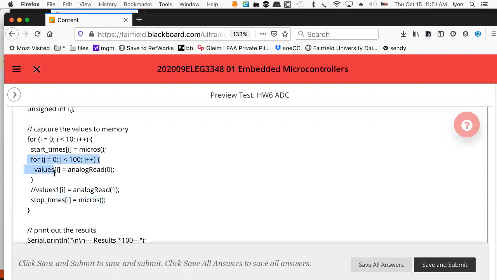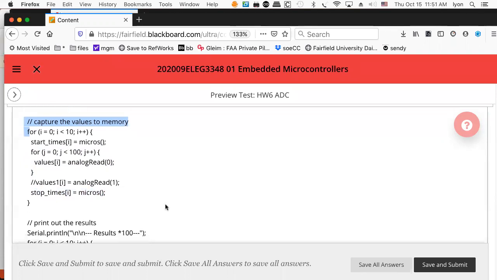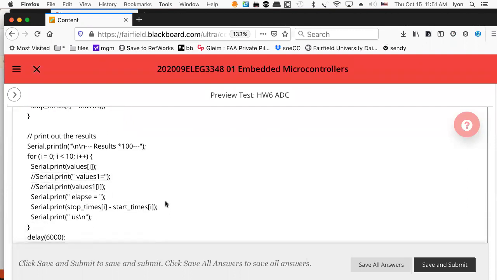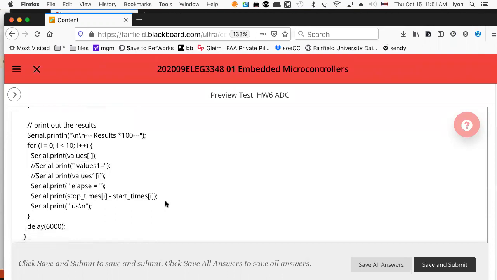Right? Because this loop is nested inside of this loop. And we ran this 10 times. So for every one of the start times that we have, we've run 100 analog reads. And what we're printing out should be the difference between the stop and the start. So we've got the value. That's fine. And then